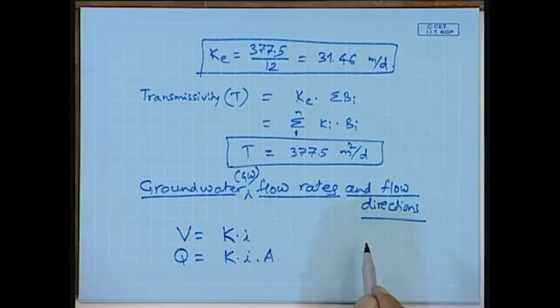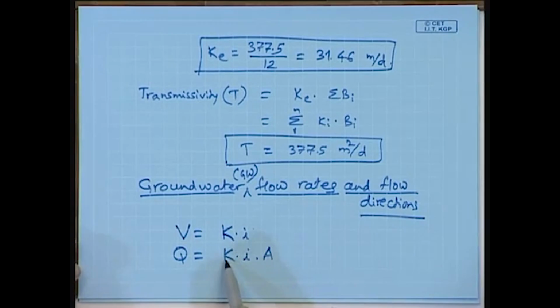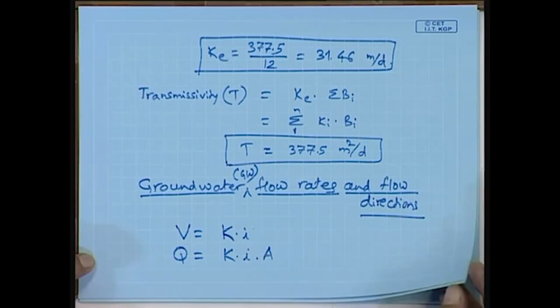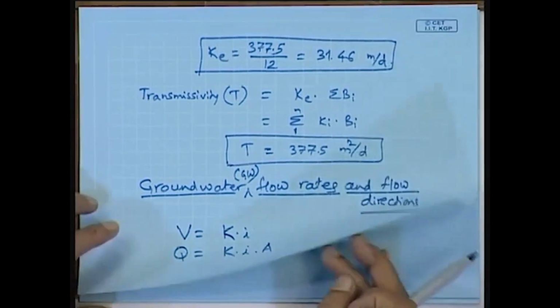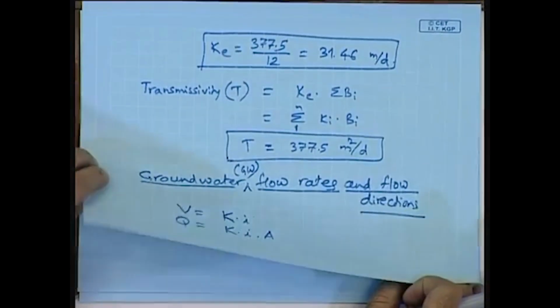Accordingly, if we can estimate all these 3 parameters, the hydraulic conductivity K, the hydraulic gradient I, and the cross sectional area of flow for the groundwater, then the product of these three estimated parameters will give us the estimated groundwater flow rate. Now, let us consider, for example,